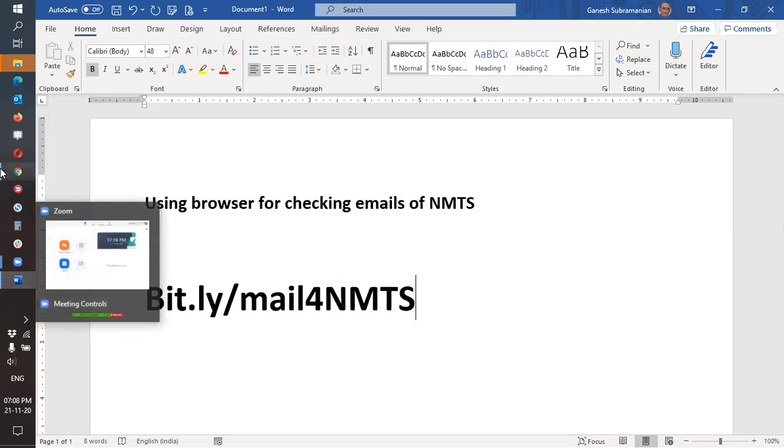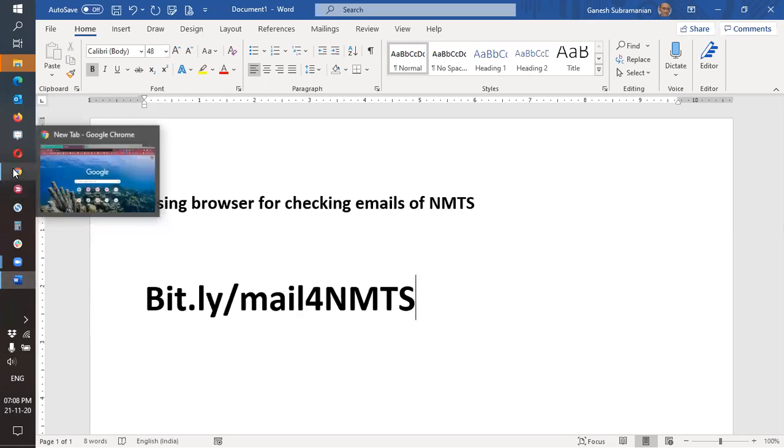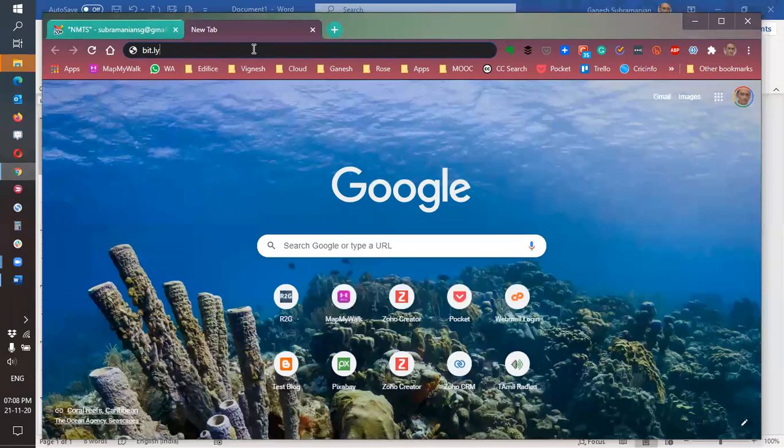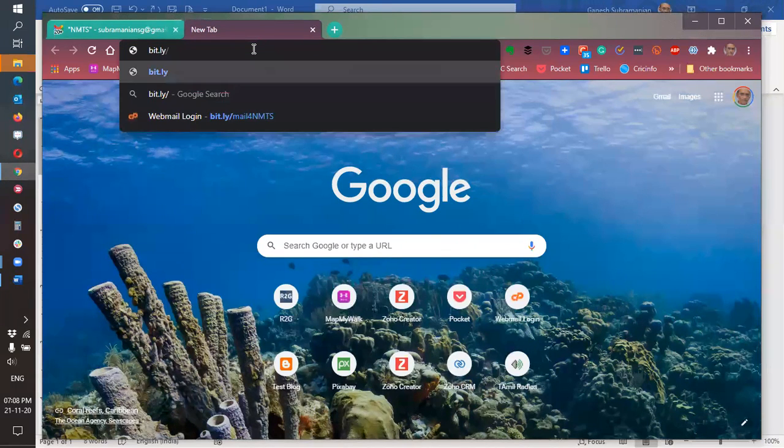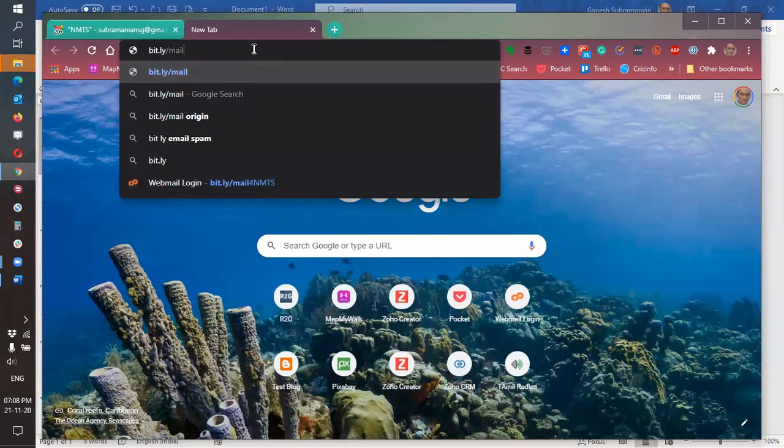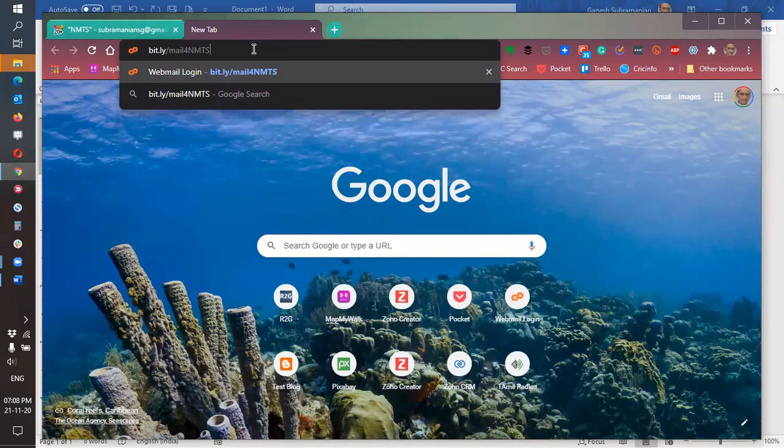This is what you have to type on the browser bar. So bit.ly slash mail for NMTS. That's it. I'm sure you can easily remember this. You just need to remember bit.ly, and then everything that follows is quite logical, I feel. Please let me know if I'm wrong.